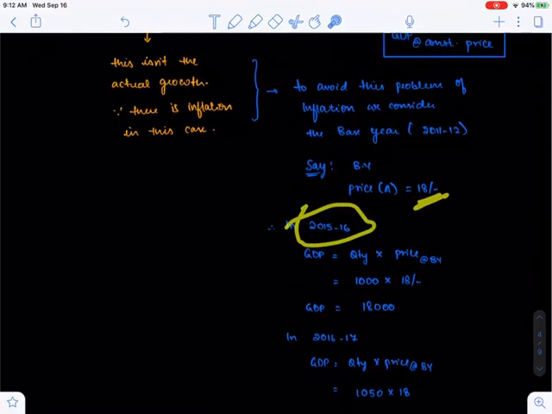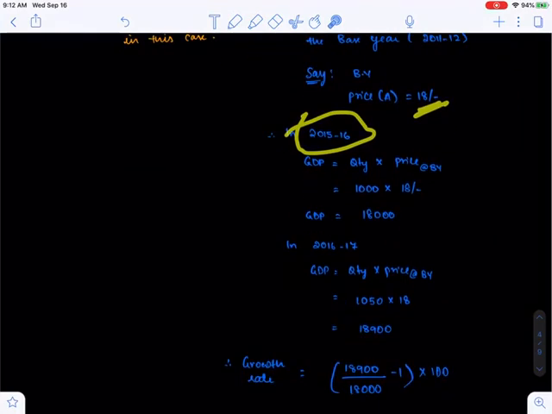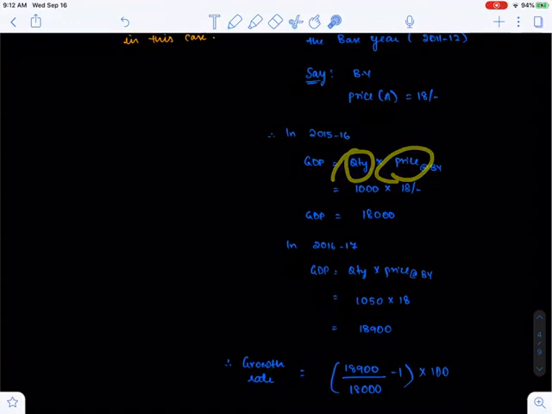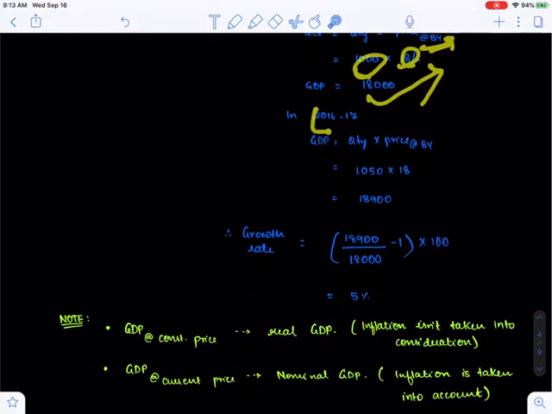Then in 2015-16 we have seen that the quantity produced is 1000. So what we do is that the GDP is calculated with the formula, that is quantity into the price, at the base year. So it's going to be 1000 into 18, so it's 18,000 in 2015 to 16,